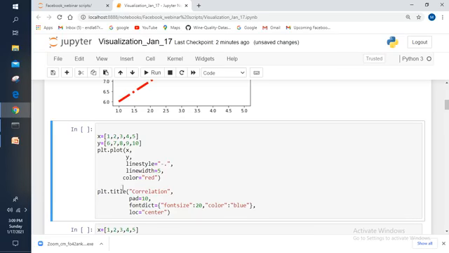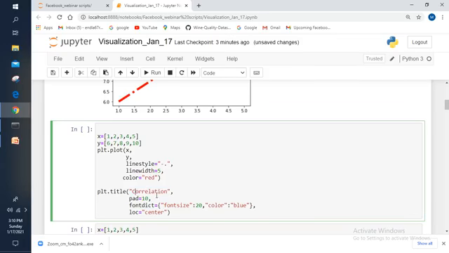But additionally, I am using the title function from matplotlib.pyplot. Through the title function, I am passing the name, the pad parameter, the fontdict parameter, and the loc parameter as well. Whatever name you want to give to your plot as a title, pass that name through the title function.